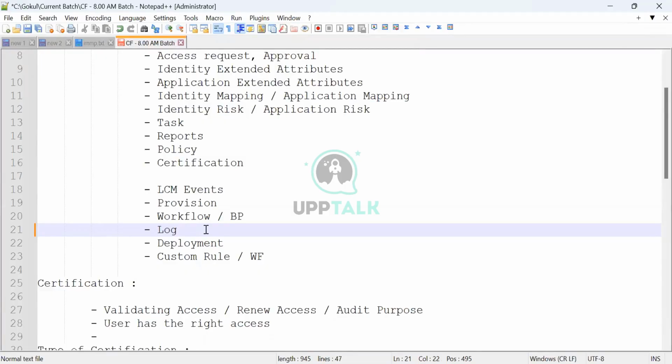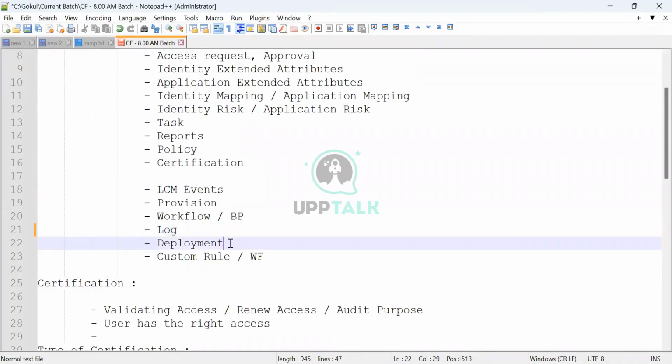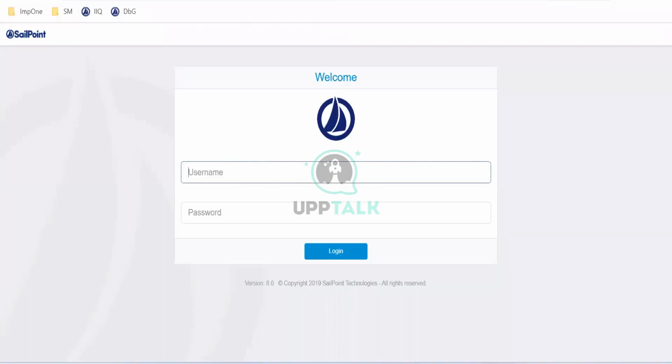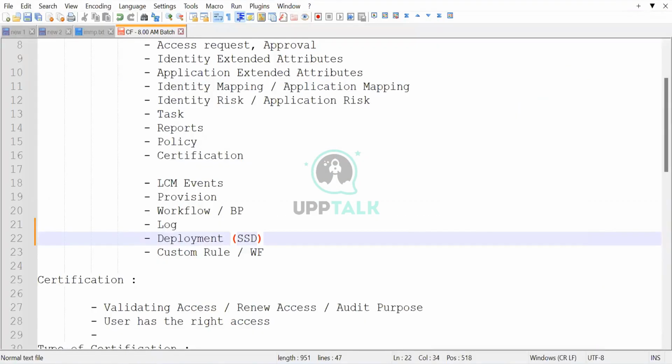There are also two things. One, you need a custom SailPoint log file, or you are fine with the standard file. Anything is fine. The only intention is that whenever we are doing something custom, we should be able to troubleshoot that custom code or workflow. We need some kind of a log. No issue.